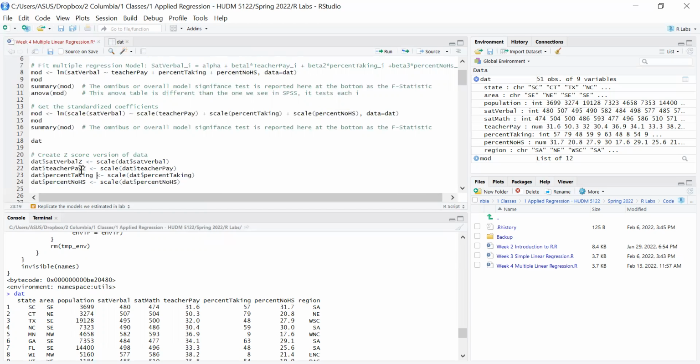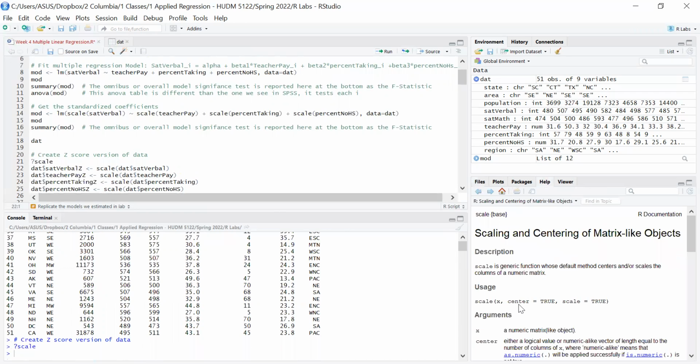Z, Z, Z. So what this is doing is making a new variable named SAT verbal, and that it's going to store in that new column just the old SAT verbal, but it's going to apply the scale function. And just remember, anytime you're not sure what something does, you can just question mark, type it in, and look, it centers and scales it by dividing by the standard deviation. So you can actually mess with both of those settings. Here it's showing me the default is to center and scale. So if I do this,